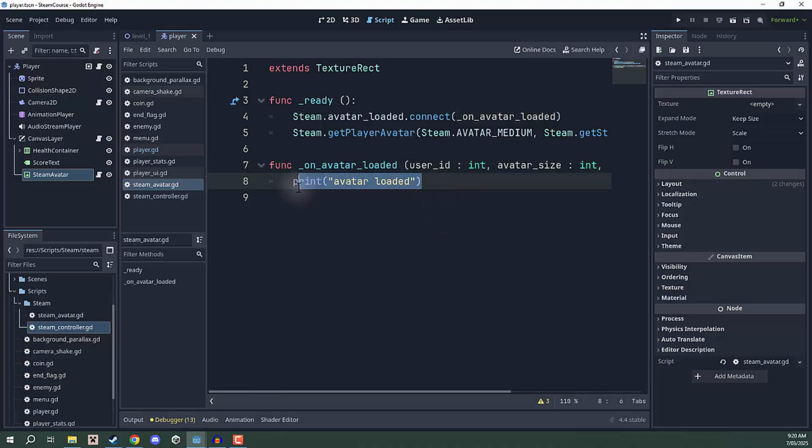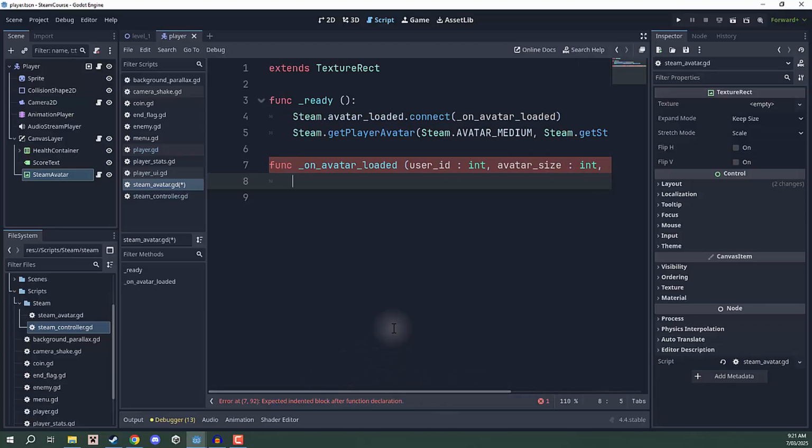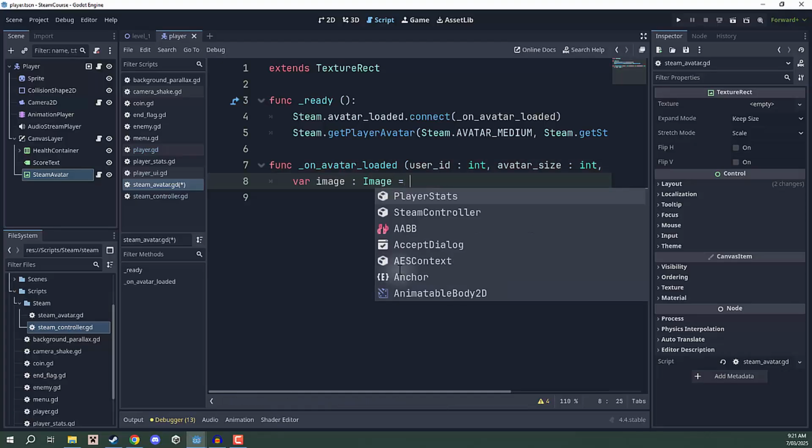Now, inside of here, what we're going to do is a 2-step process. First of all, we need to convert this data that got sent over, the avatar buffer, into something that we can use in Godot, which is going to be an image. An image is basically a data type that contains a picture. So I'm going to create a variable called image. This is going to be of type image, and this is going to be equal to